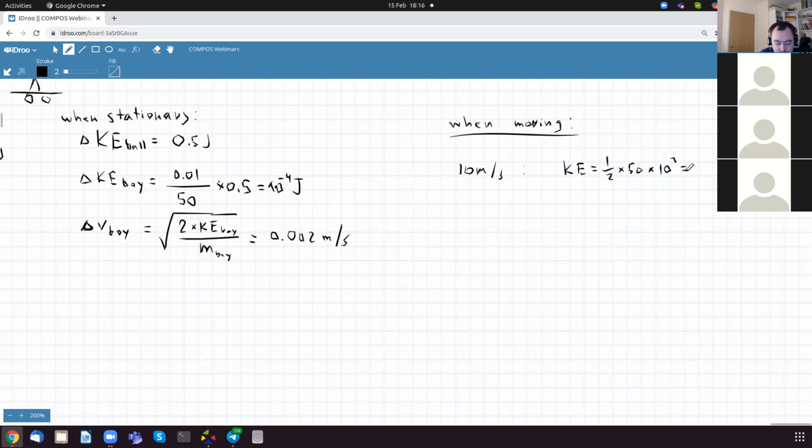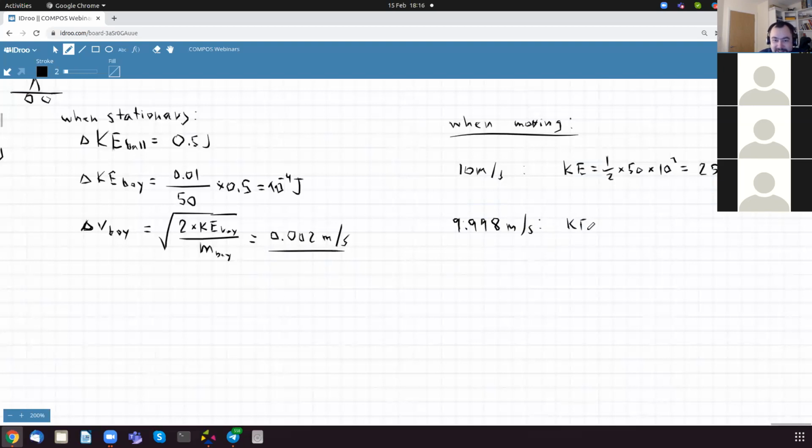So the kinetic energy of the boy is 0.5 times 50 times 100, 2,500 joules. But then when the boy is moving at 9.998 meters per second, because after throwing the ball, the speed has changed by this amount,